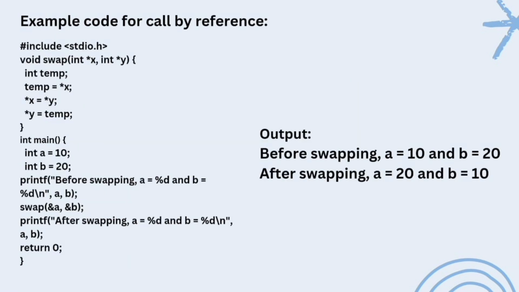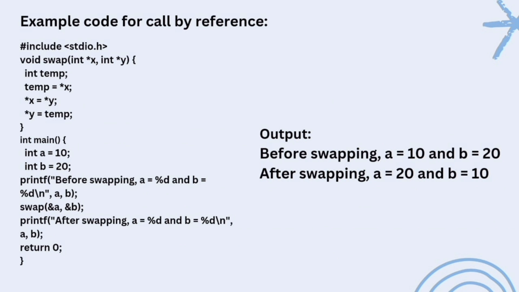Here's an example code for call by reference. In this example, the swap function takes two pointers as arguments. These pointers point to variables a and b in the main function. Inside the swap function, the values of variables are swapped using the variable temp. When the swap function is called from the main function, the addresses of the variables a and b are passed to the function. This means that the swap function can access and modify the value of variables a and b